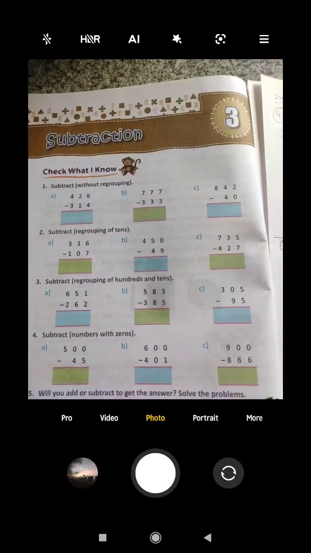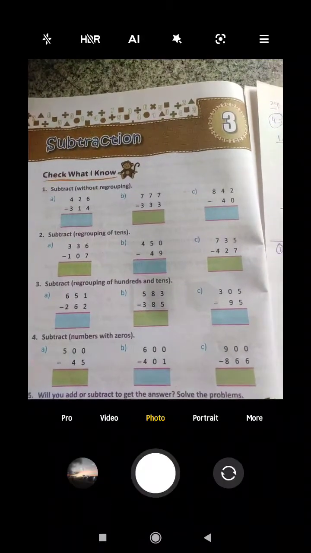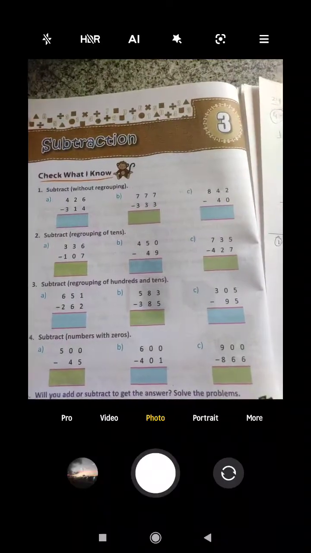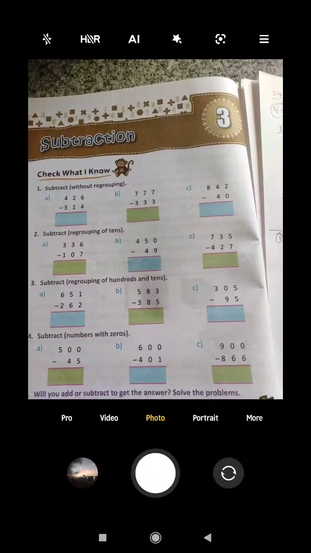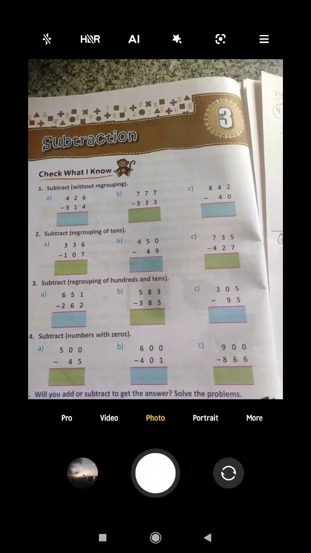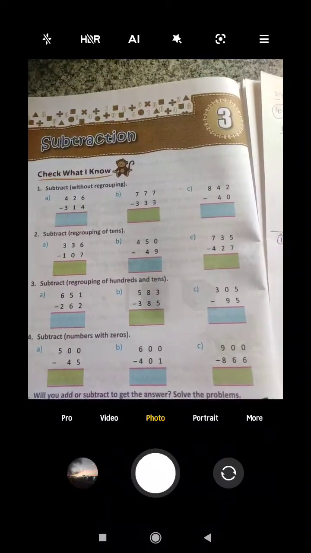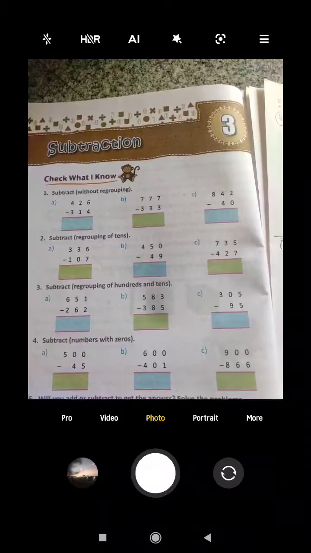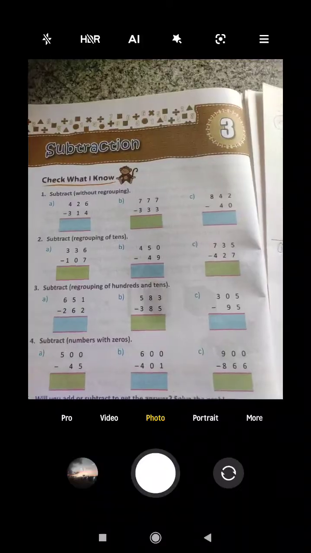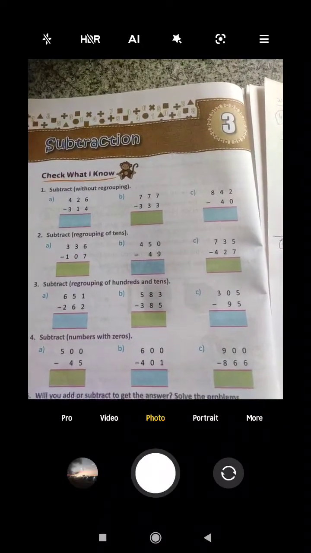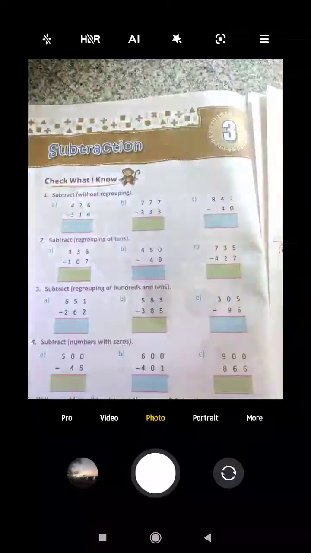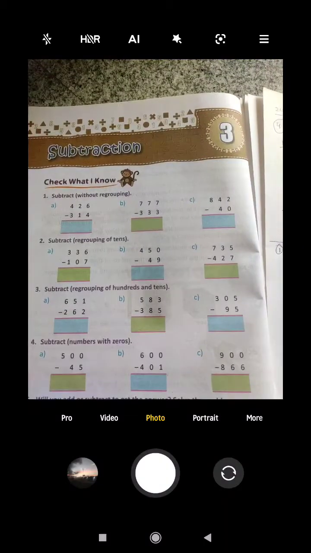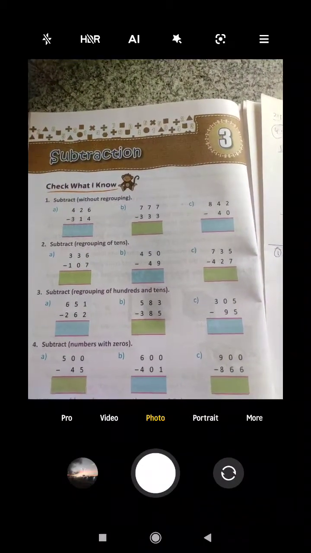It's of 336107. How do you do it? Like the 6 and 7. You cannot deduct just from 6 to 7 because 6 is lesser than 7. So you borrow 1 from here, so it will be 16 and it will be 2. 16 minus 7 it will be 9 and here it is 2. 2 minus 0 it is 2, and here 3 minus 1 it is 2. So 229 is the answer.